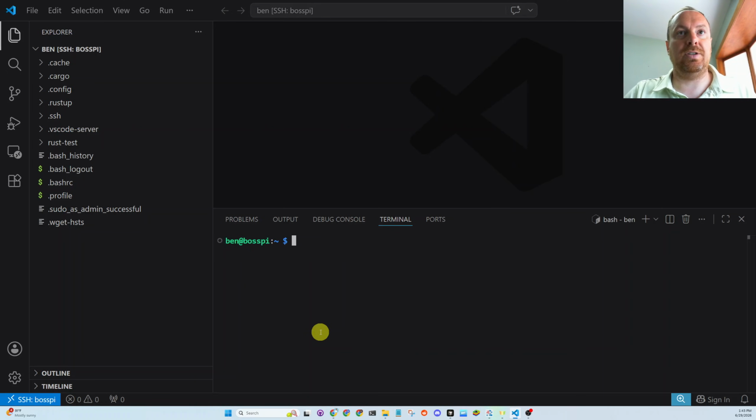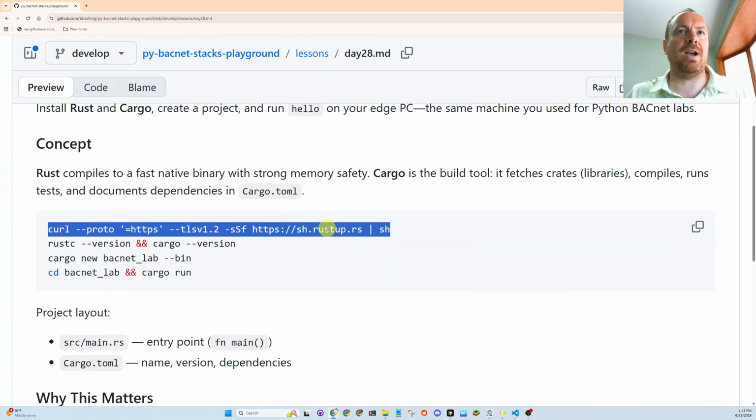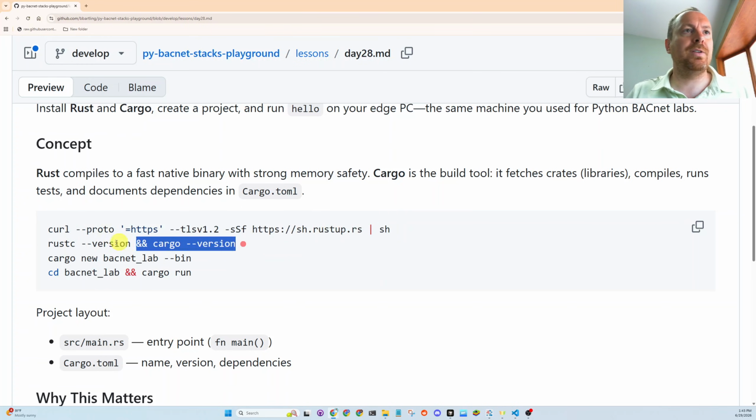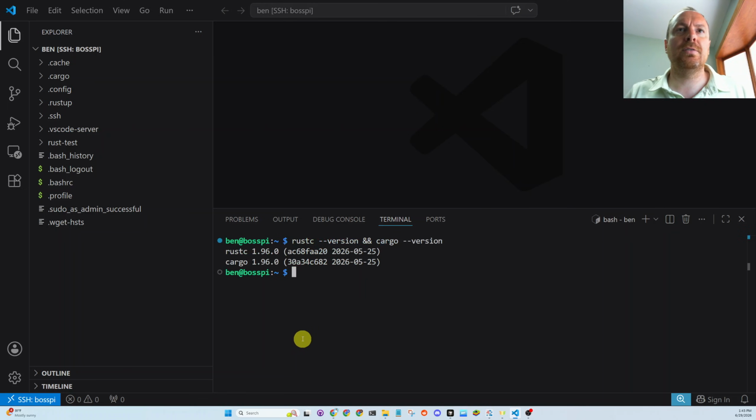So I can clear this, and I did this command already, and then it installs Rust. There might be a prompt where you push one; there are 3 different options, and you push 1 for the normal Rust install. Then I'm just going to copy this and run this. So this is the latest version, I guess,